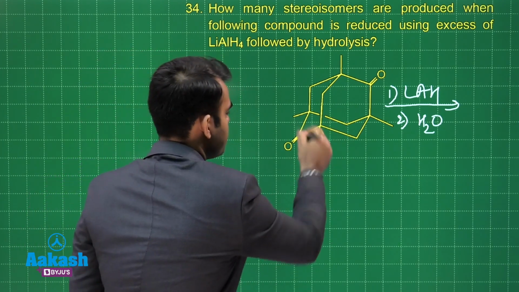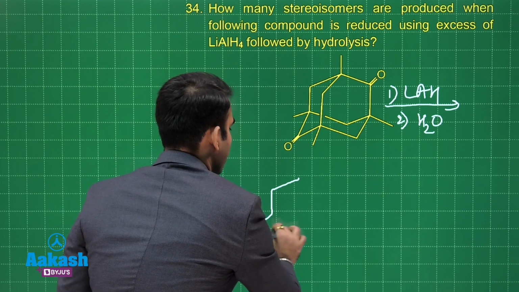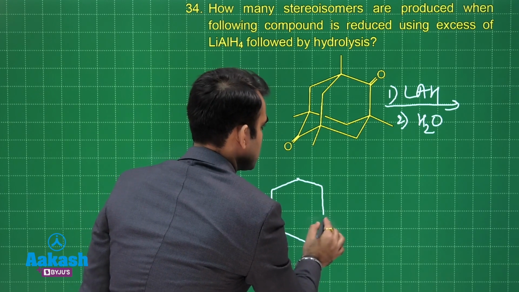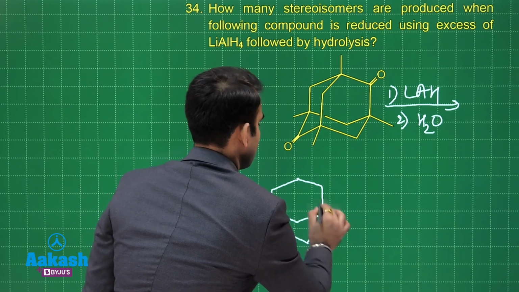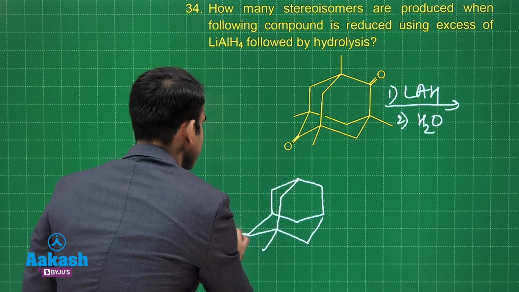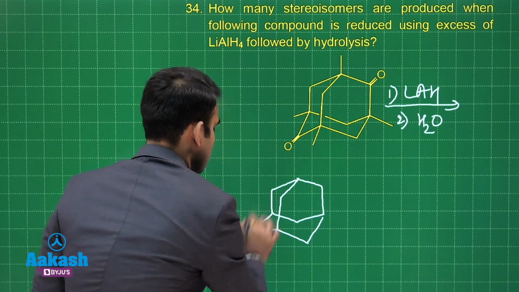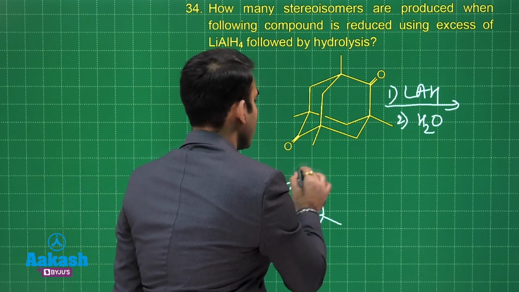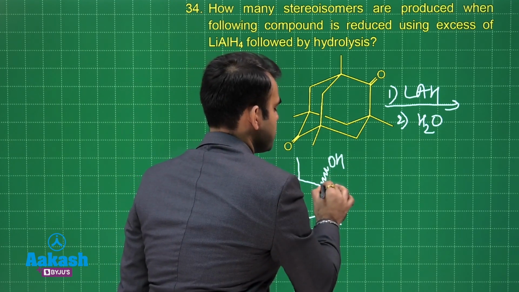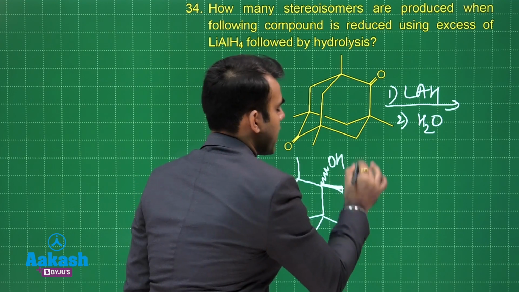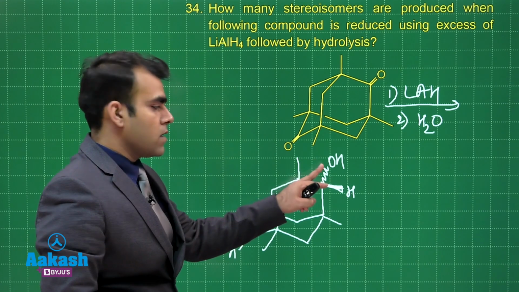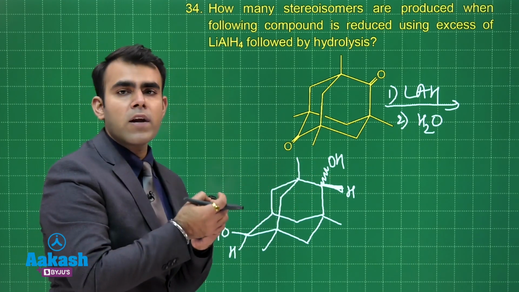So first thing is this derivative of adamantane. So we have this compound, and here this double bond O becomes OH. Now here we get two conditions, either this is like this or in the other way, and because of this possibility or the other way around, we have only two isomers,